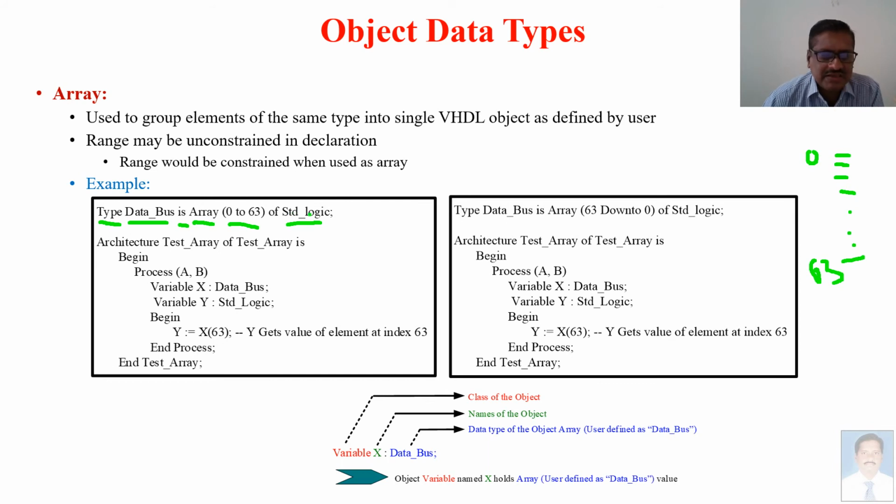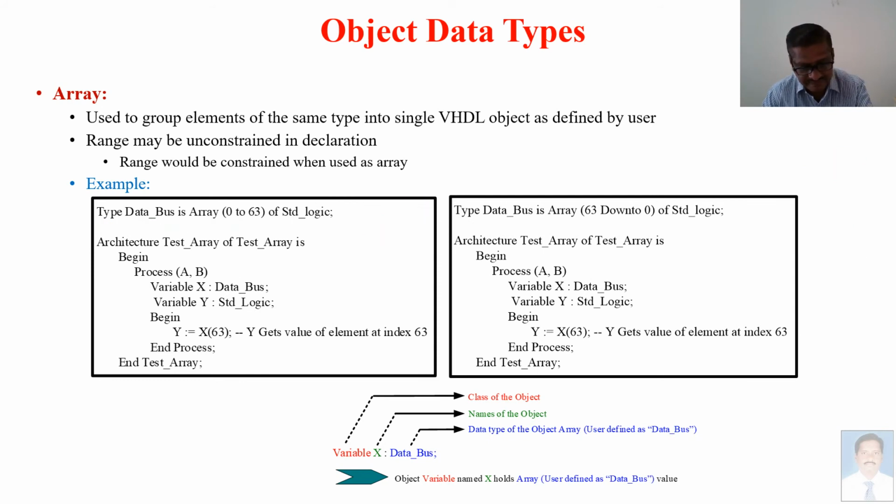If it is defined as STD logic vector 7 down to 0, then the size of each location will be 8 bits. If it is defined as STD logic only, then the size of each location is 1 bit only. Means in this way, this array consists of 64 locations and each location is a single bit. Otherwise, it can be defined as STD underscore logic underscore vector. In that particular case, whatever range of the vector is given will be the size of each location.